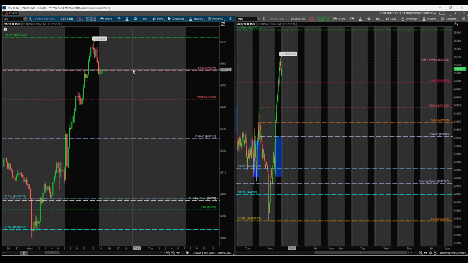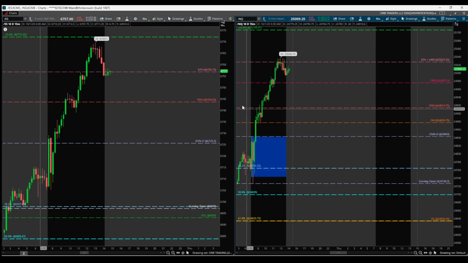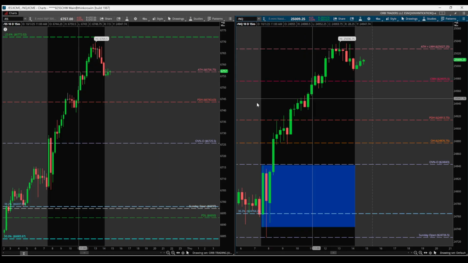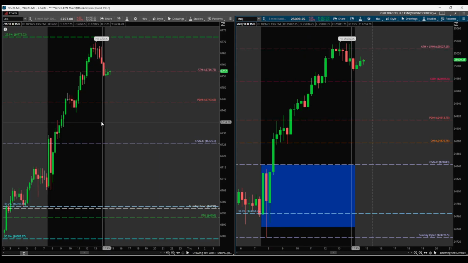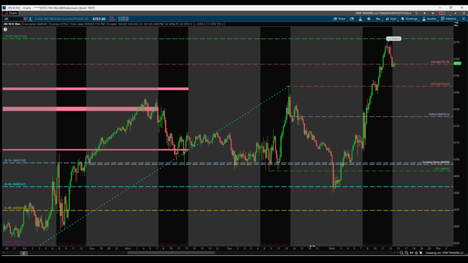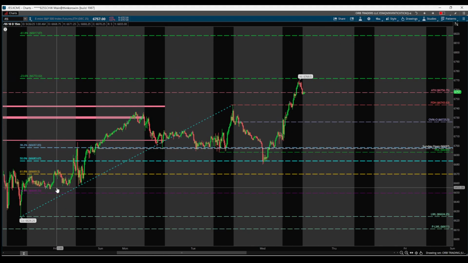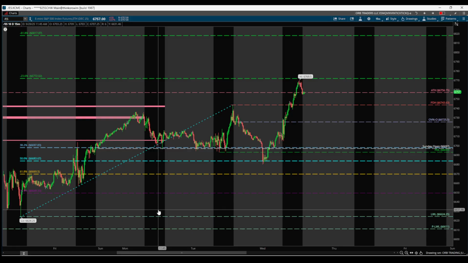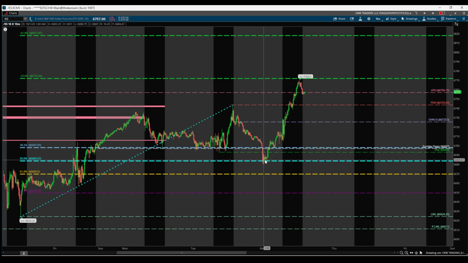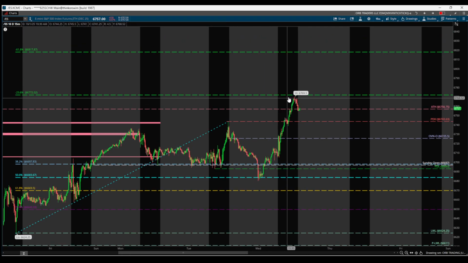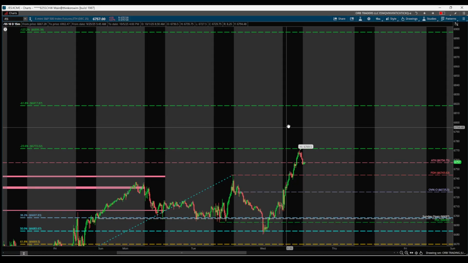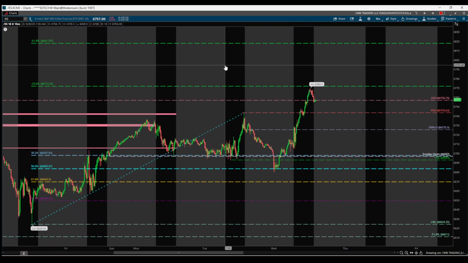Today was quite the ripper of a day on both the ES and the NQ. Let's actually just look at the ES, get these levels set up here. I shared this in the Discord already, but we were looking at a fib from last week's low to the current week high and came down and tagged and held perfectly on the 50%. 23 is above us, and then 61 is above that. So those are the fib targets on deck.